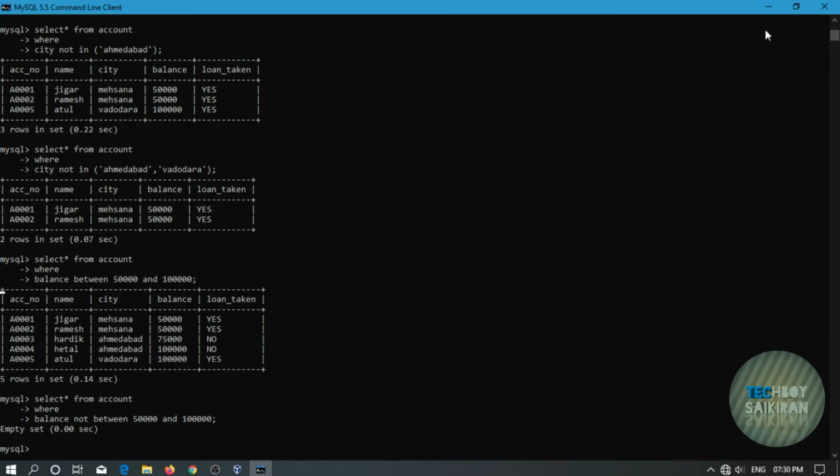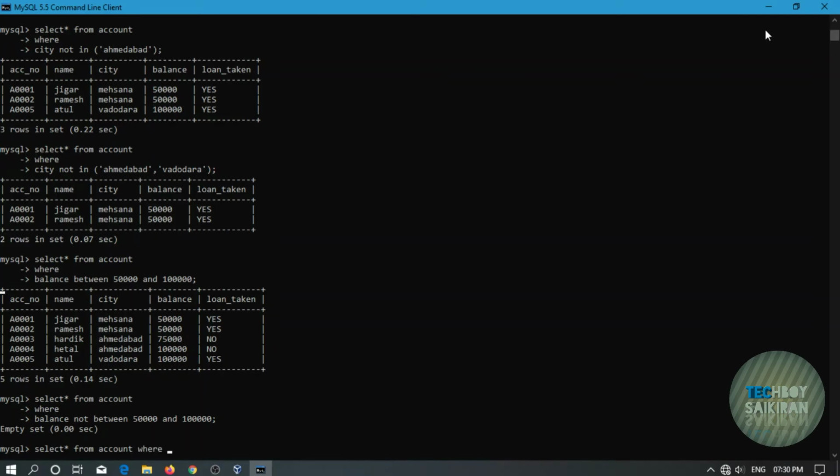This shows an empty set because the people who are present in the table have balances exactly between 50,000 and 1 lakh, so it shows an empty set. You can try it by taking some different values at home. You can also pause the video and note down the commands in your notebook.